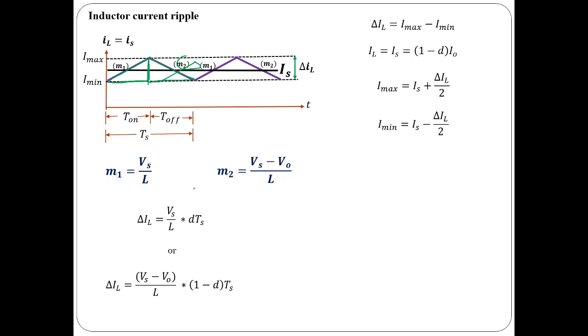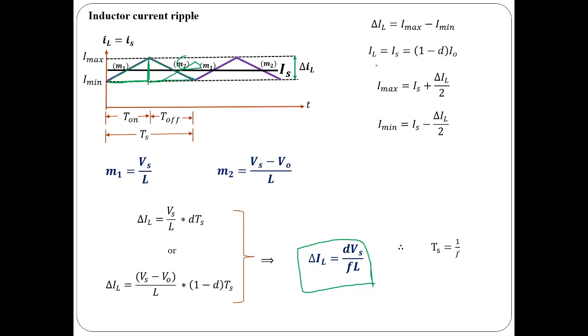Usually input voltage, inductor, duty ratio and frequency are going to be mentioned. So let us find delta IL in terms of the input voltage, switching frequency, duty ratio and inductor. We know the relation between the switching period and frequency, that is Ts is equal to 1 by F. Substitute that, so the inductor current ripple is equal to dVs by (F into L). Finally you arrive at this particular formula to calculate the inductor current ripple.